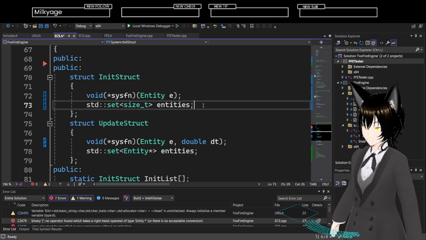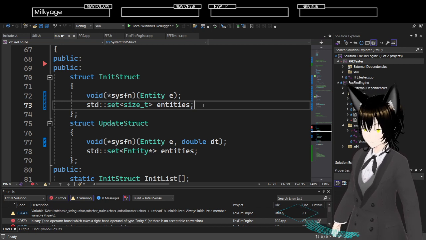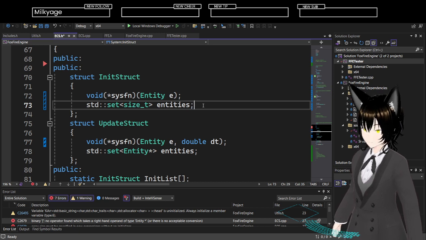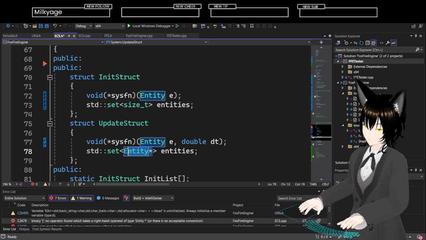What I really want is in essence like a set of. I was like, well, I mean, these are just going to be size T's now, right?